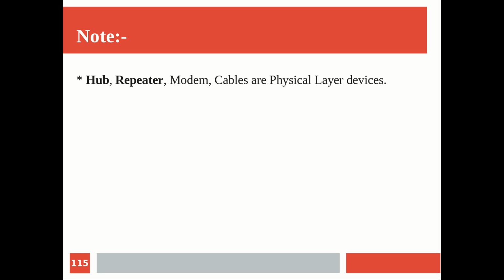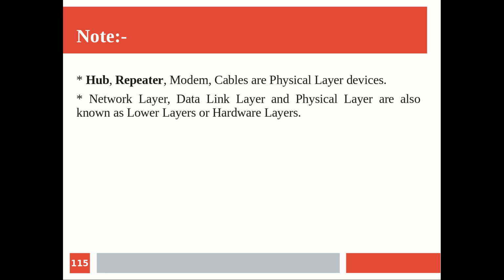It's not amplification, just regeneration. After traveling a certain distance, the signal starts attenuating, and at that point you can use a repeater to regenerate it and increase the length of communication. And a hub acts as a connection point where many devices get connected, and from there communication goes on. Just look at the star topology: the one sitting in the middle can be thought of as a hub. So at a very basic level, these are all physical layer devices.